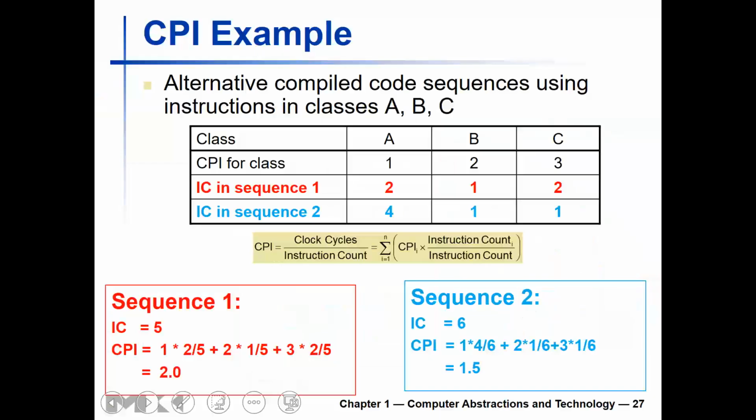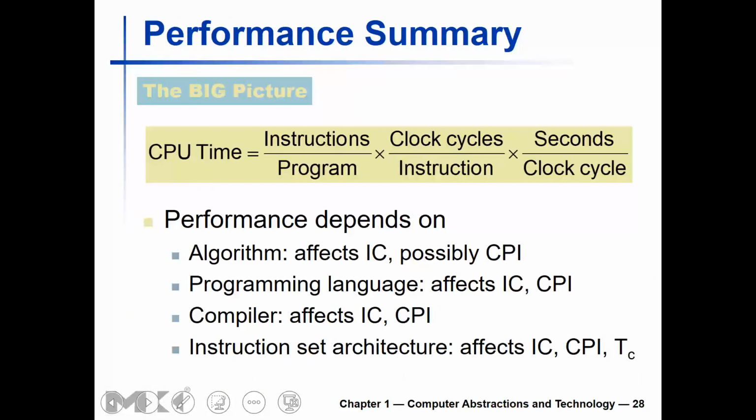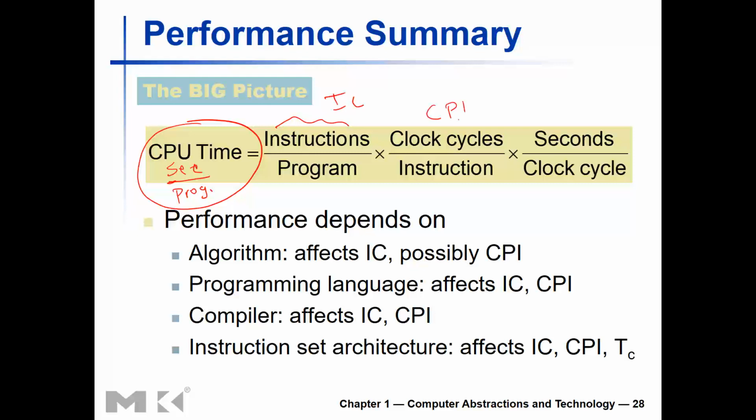Okay, now next. Here is our main formula. The CPU time. The CPU time is equal to what? It measures seconds per program. How many seconds do I need per program? So how do you compute it? This is instruction count multiplied by CPI multiplied by the cycle time. Notice the units. The units will work